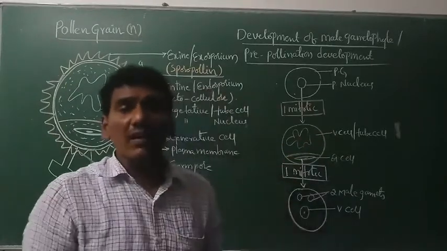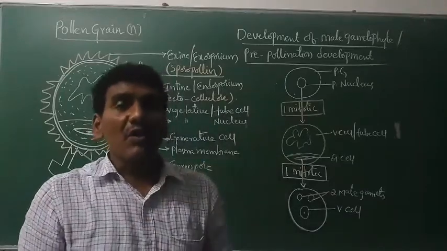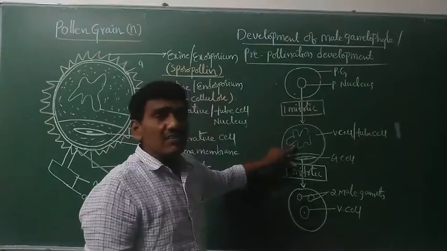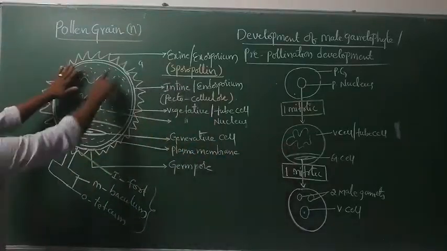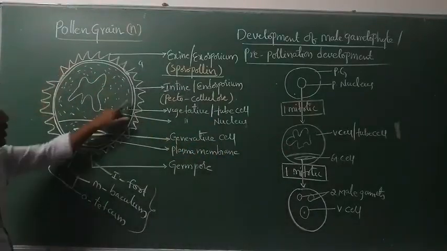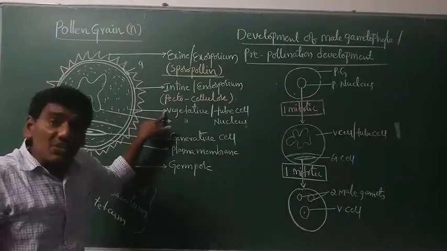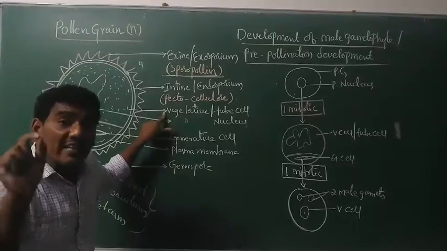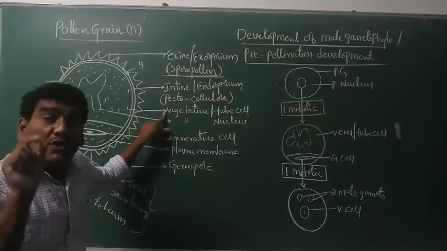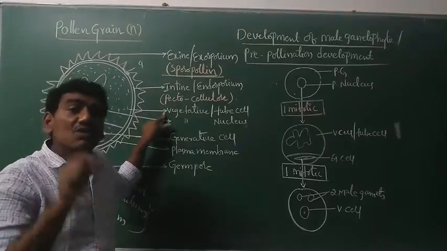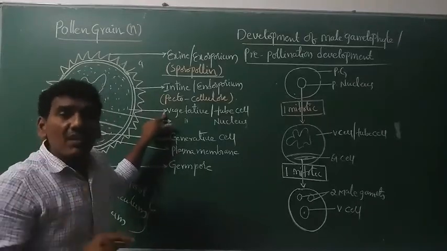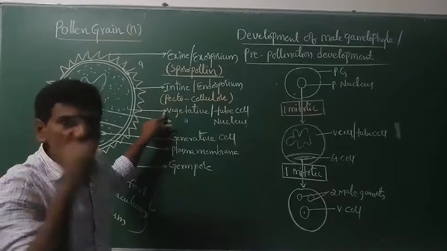What are the characteristic features of the vegetative cell? The vegetative cell is larger and stores abundant reserve food material. Which types of food materials are stored in the vegetative cell? Starch, fat and protein granules.